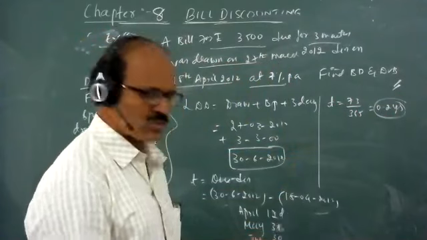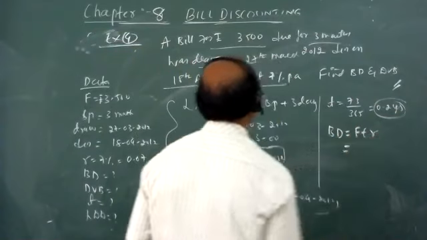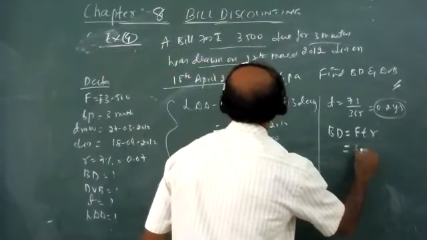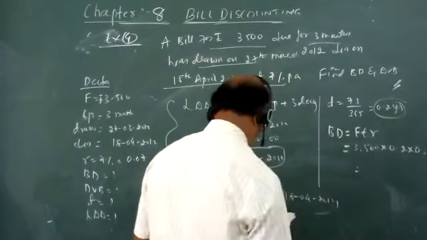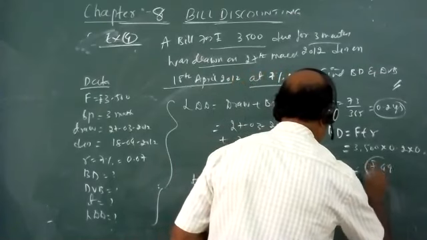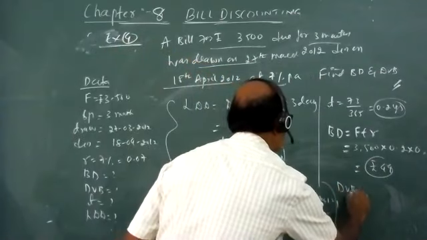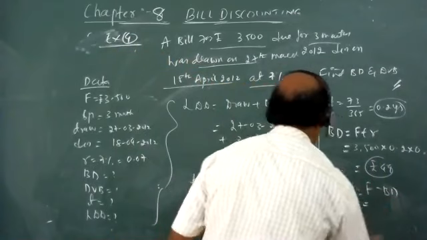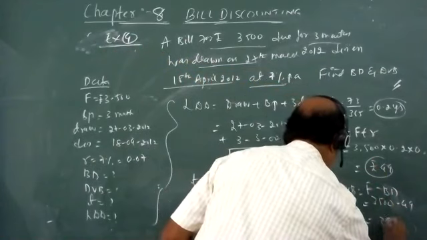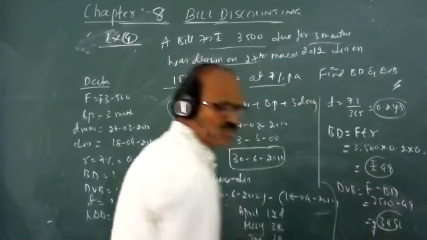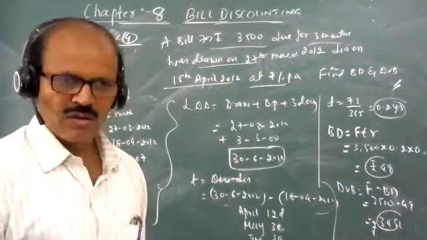Now we use the formula, very simple. So BD is equal to FTR formula. F is already known here: 3,500 into 0.2 into 0.07. That becomes rupees 49. This is the banker discount, and now you want to find the discount value. Discount value is equal to F minus BD. F is 3,500 minus 49. That becomes 3,041. It's very easy to calculate. So once you calculate, the remaining part is very easy. So quickly I go to the last example.